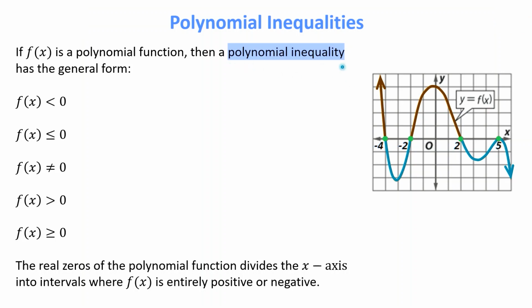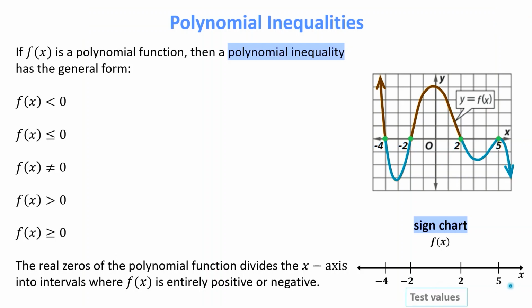polynomial inequality. So what we produce instead is what we call a sign chart for f of x. So we'll show you as follows. So we have the x-axis, and the first thing we want to input is our real zeros. So this is where x equals -4, -2, 2, and 5. And then we'll use what we call test values. Now these are x values which we substitute into f of x to see if it gives us a positive